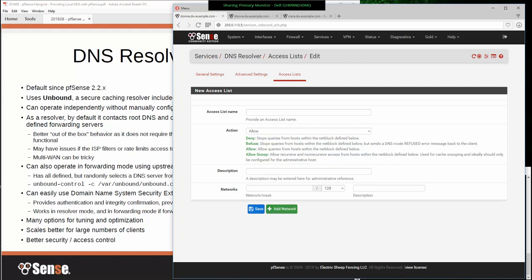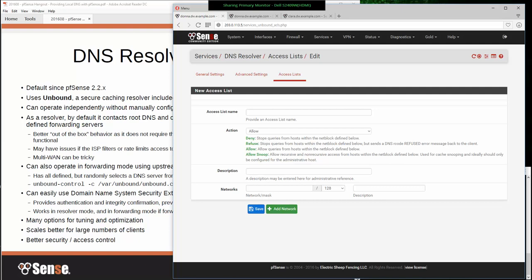And so you can deny, you can refuse, sorry, and you can allow, or you can allow snoop. The refuse action here actually sends back a refuse. So this deny is sort of like a firewall block. Refuse is like a firewall reject. So a deny will just drop it. Refuse will send back a message saying it dropped it, which is kinder for local clients, but if it's something you think is malicious, just outright deny it. Allow is just fine, and allow snoop